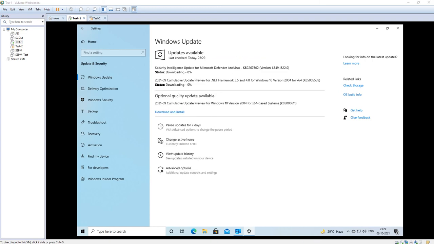Okay, so on the end user machine, you saw that I synced the policy, and now you can see the patches getting installed: the security intelligence update, the cumulative updates, and the optional quality update. That's how we plan to deploy our update rings. It got the patches from Intune, and now it's getting installed. Guys, it will take some time to install, so thank you for watching this video, and we have learned how you can test the patch and how you can deploy it in this video.